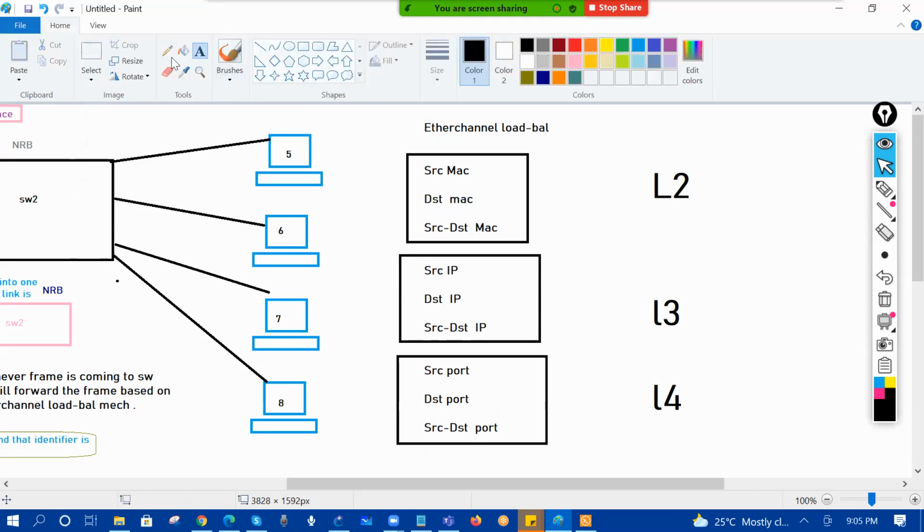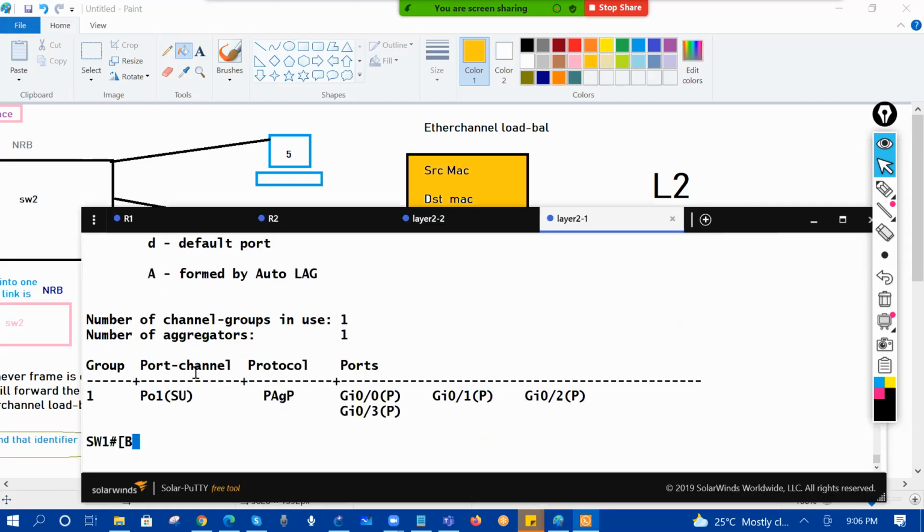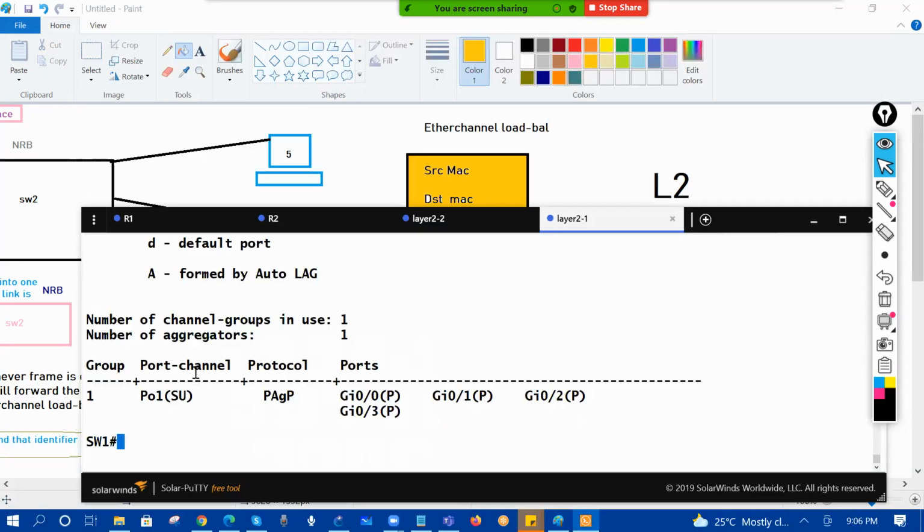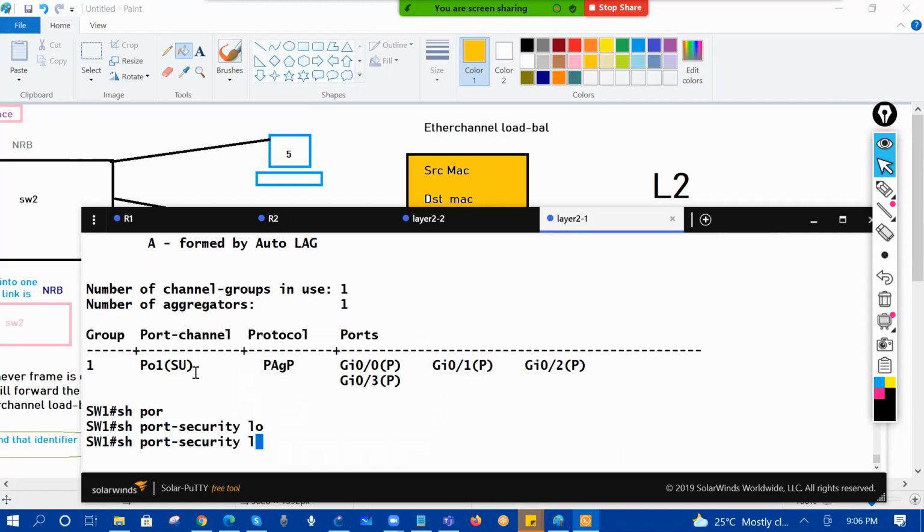According to your Cisco Catalyst, most of the Catalyst switches are going to support this one. In the data center part, the Nexus or higher end switches, normally you will see this one and this one. What is the default one? Depending on the platform, the default one will change. So if somebody asks what is the default one, say that it changes depending on the platform. So if you see the show port-channel load-balance, sorry,